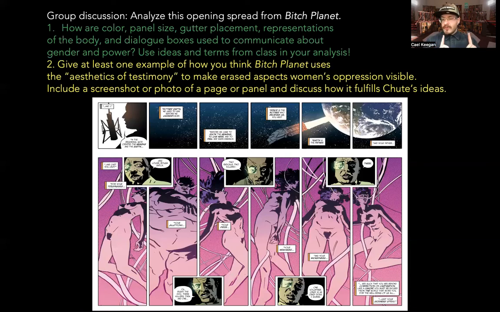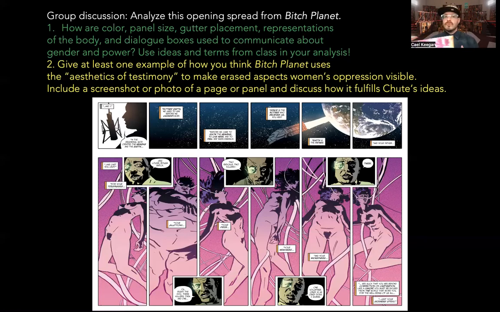First, for the first half of this, I would like you to analyze this double page spread. It's only a couple of pages in, right before the title card. So we have that spread, and then it is setting up the title card. So it comes before the title of the book itself. I'd like you to think about, what is it graphically doing here? Why is this maybe the most important way the authors choose to introduce this world to us? Why does it come even before the title, right?